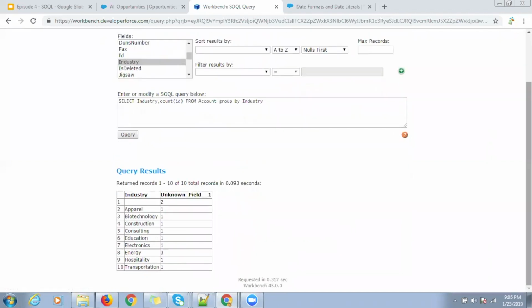Yep. So now you can see I just group by the record, and I just want to see how many records I have in the energy, and how many I have in the hospitality, and how many we have in the consultants. So now I have all the records here, but I just want to add some where clause here. I just want to see only those industries where we have a count greater than 1. So if I want